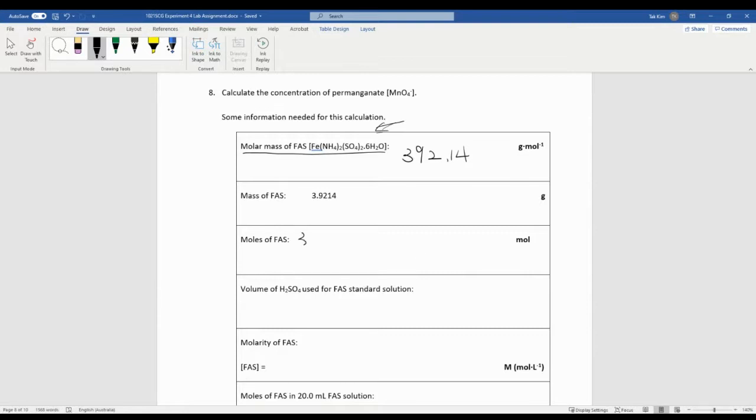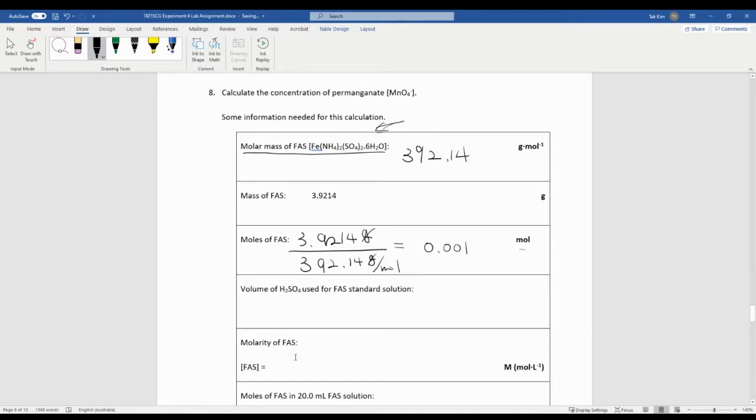So 3.9214 grams over 392.14 grams per mole. Look at the units: the grams cancel out, leaving only moles. So the operation is correct. Once you do it, it'll be